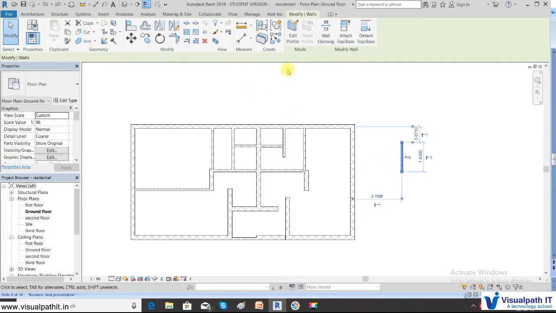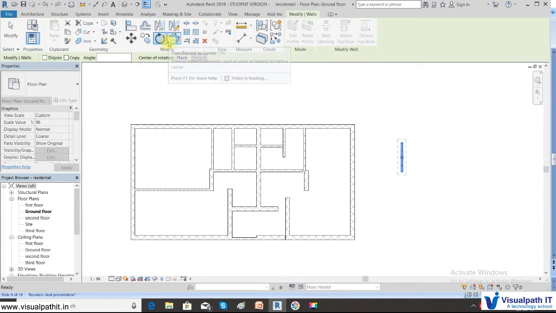So this is how. One more option is left in this copy or rotation, which is the center of rotation. So when I said copy and specified angle, you can even rotate it like this. So it's 65 degrees and you say 90 degrees.